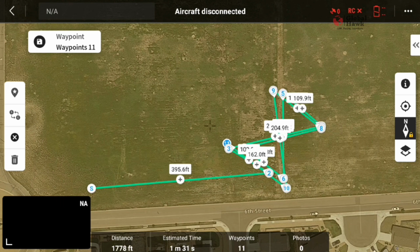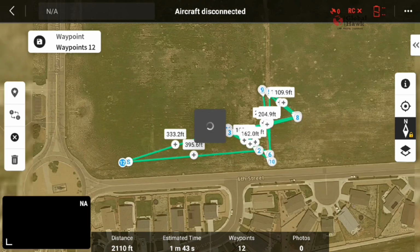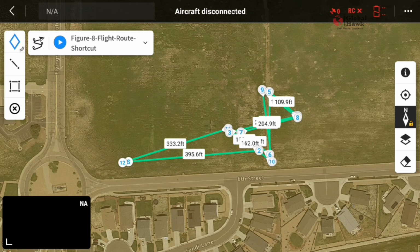Now, since we're going to finish back where we started and make sure it's a straight line, we can just drop a line over here, drag that down to where we started, finish right where we started, and we can save that flight route by clicking the save button up in the top left corner there. Now we're good. Now we have our flight mission. We'll move back out of the controller now, and